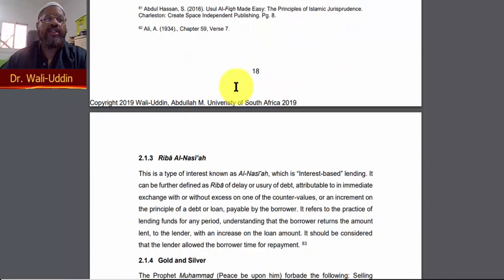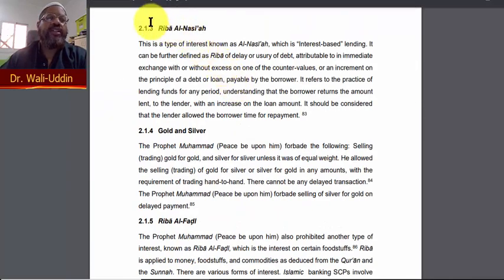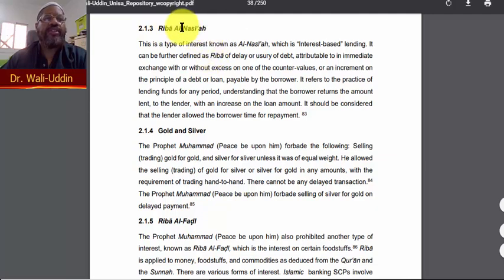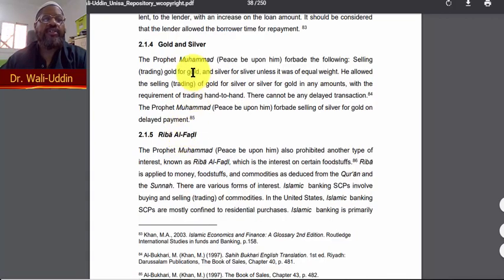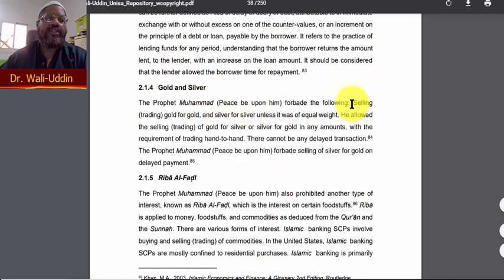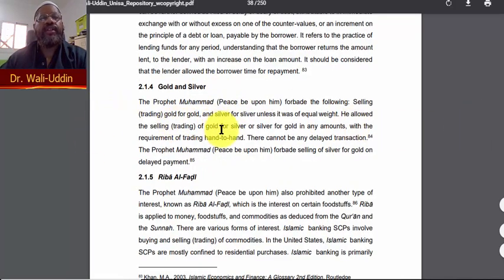All right. When it comes to money, riba on money. And we did here the kinds of riba. As you see, I'm developing the theory here. Okay, so riba nasiya. This is the riba based on money. When you loan someone money and you're getting more money. Okay, there's gold and silver, and we discuss gold and silver, the proper way of dealing with that, and then